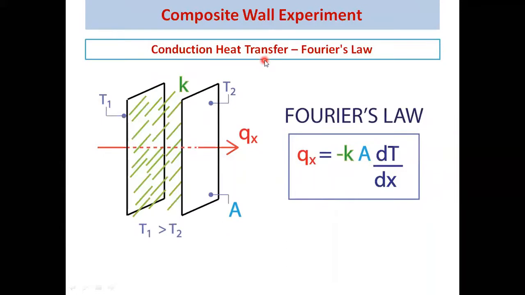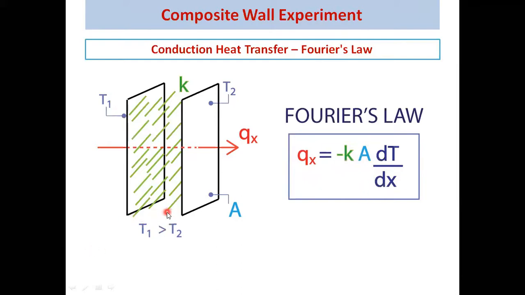The conduction heat transfer depends on Fourier's law. So here, say this is a wall. Across the wall we have a temperature gradient, that is T1 and T2. Like for mild steel, we have a temperature gradient, that is TA and TB. Now according to this equation, Q equal to minus KA dT by dx, this dx represents the thickness